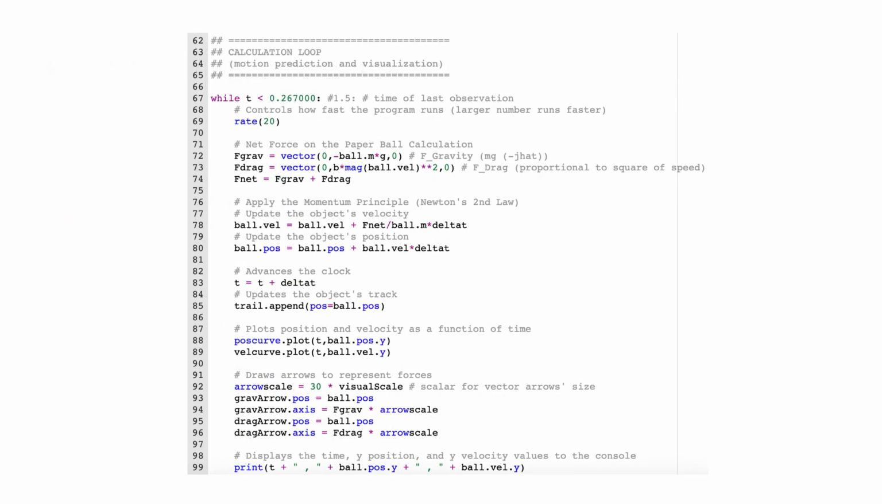This section of the code is the same for both models. I'm estimating the position of the model ball at each of the time intervals that the paper ball in the observation video has data recorded with a while loop. Fnet is set to equal the sum of the effective gravity and drag, where drag is set to 0 in